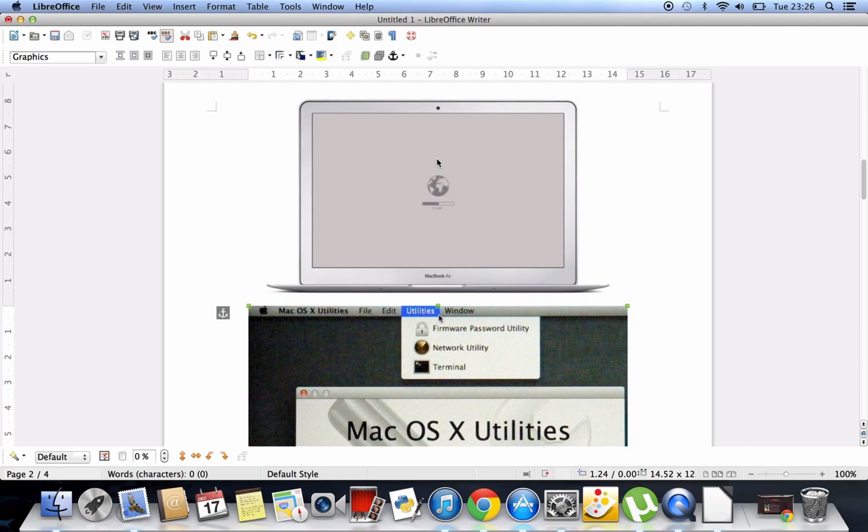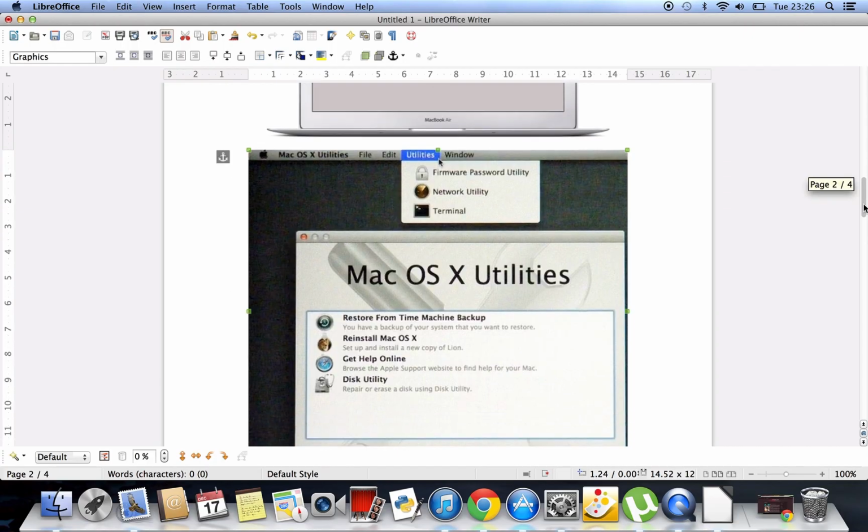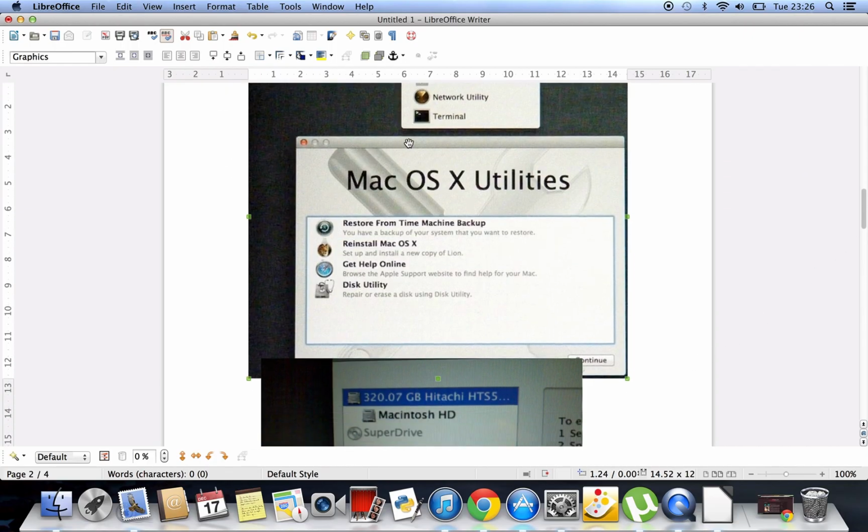So what you want to do here is select whichever one you would normally use. Type in your password, and when this is done, you're going to get a little download bar, and it's going to do an online recovery effectively. This takes about half an hour to do. So you click on the online recovery, and it's going to do it automatically, and then about half an hour to 45 minutes later, you're going to come back to the same menu that was here, the Mac